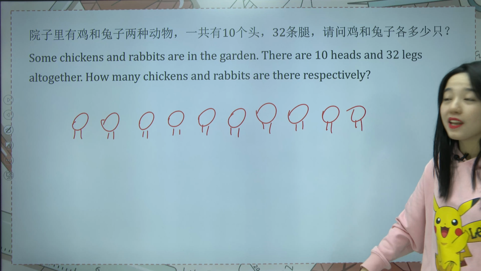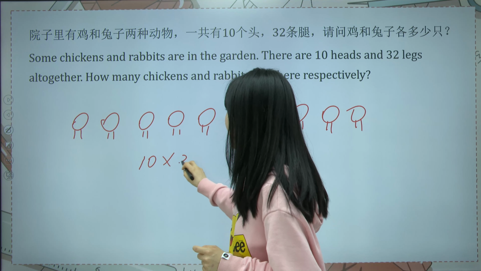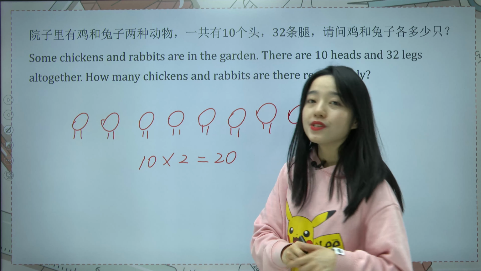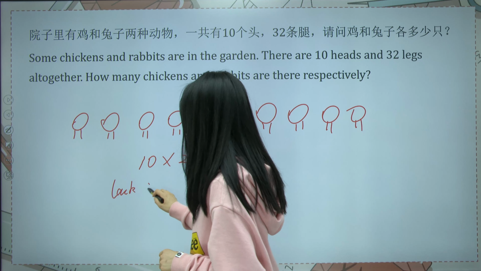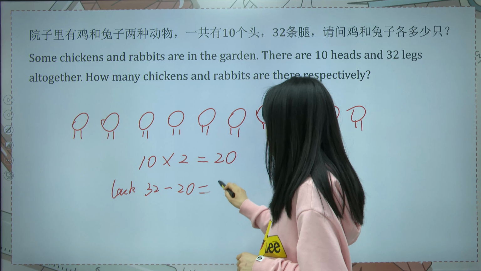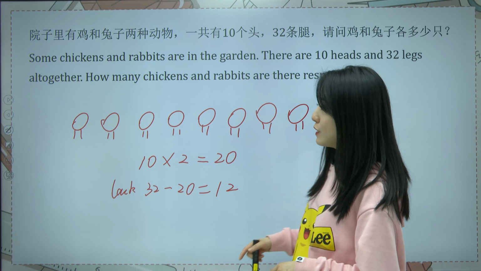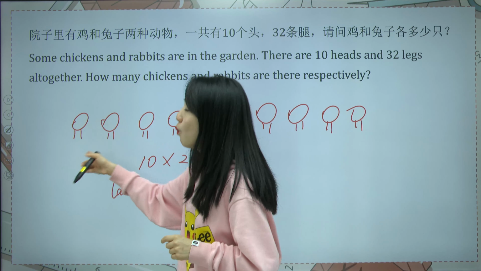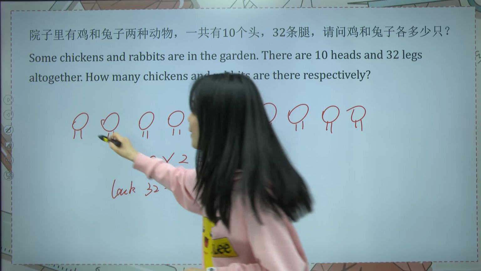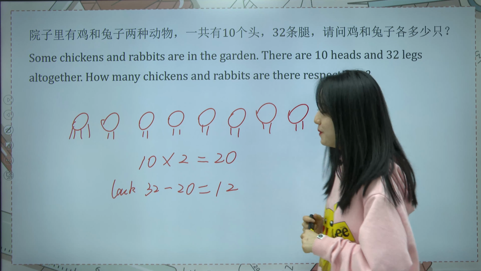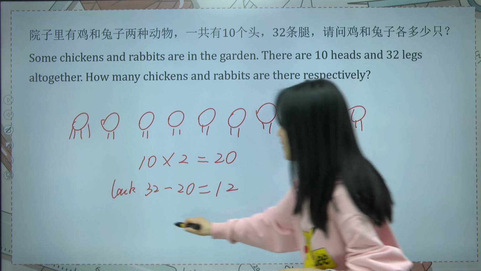Okay, here, how many legs have we got? 10 heads, 2 legs for each head. So we got 20 legs already. But still, we lack 32 minus 20 equals 12 legs. We still need 12 more legs. So let's see, if we make 1 chicken into a rabbit, how many more legs do we need to add? 2 more legs. So how many heads do we need to add 2 legs to? 12